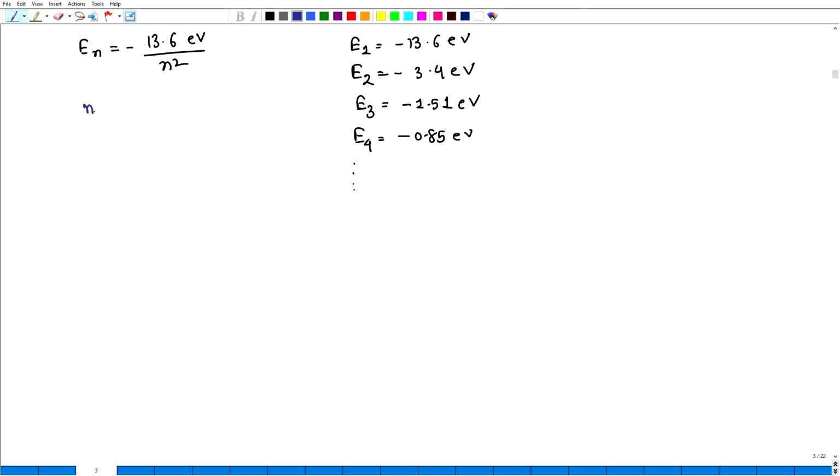Let us say n equals infinity, because in principle n can go up to infinity. In that case, E infinity will be 0. That means when the electron is roaming about in the infinite orbit, the energy will be 0, and for the infinite orbit the radius will be R_n. What was R_n? a naught n square. So that will be infinity. So for the infinite orbit the radius will be infinity, and for that orbit the energy of the electron will be 0. That means physically,